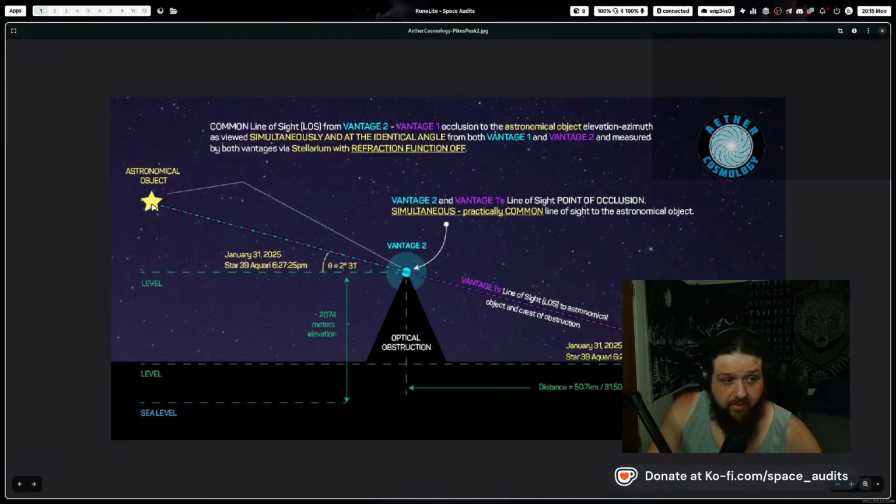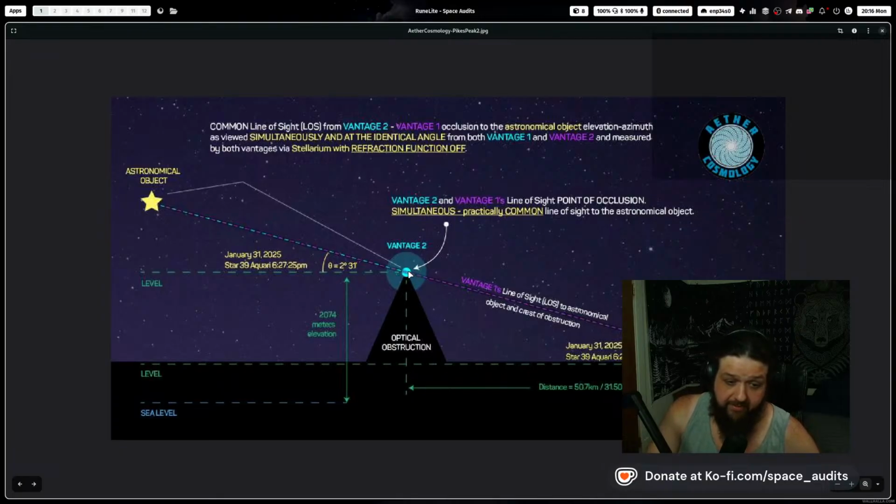Now, if the geometric position of the true position of the star is lined up at 2 degrees 31 arc minutes at a specific time for an observer on the ground down here, 50.7 kilometers away from this mountain, and the star gets blocked at that exact time based off of its geometric position, then the trigonometric implication of that is that the angle here from the observer to the mountain peak is exactly what that planar elevation predicts,